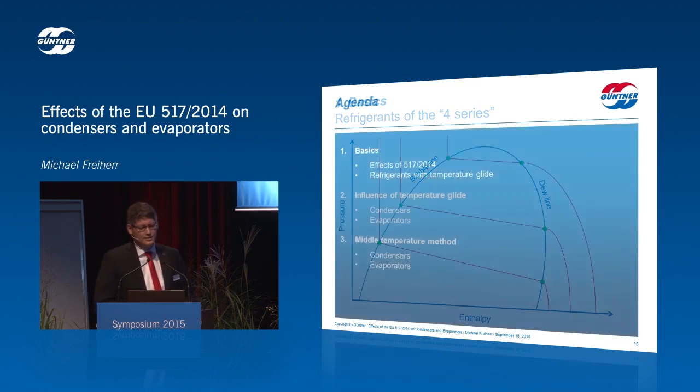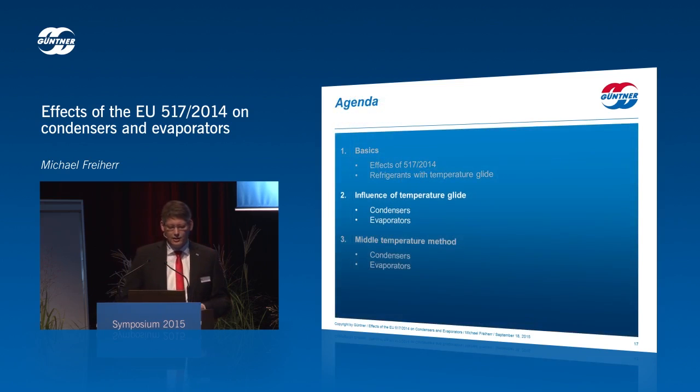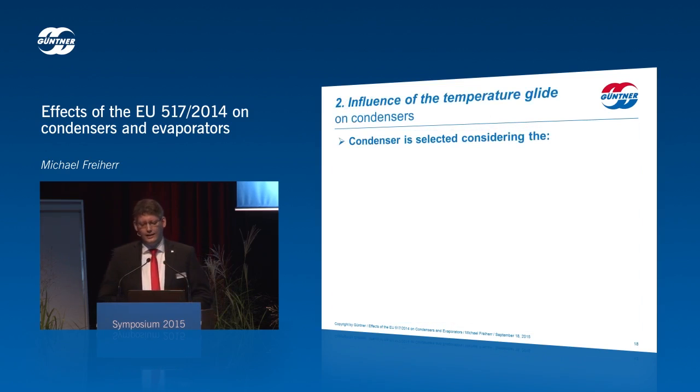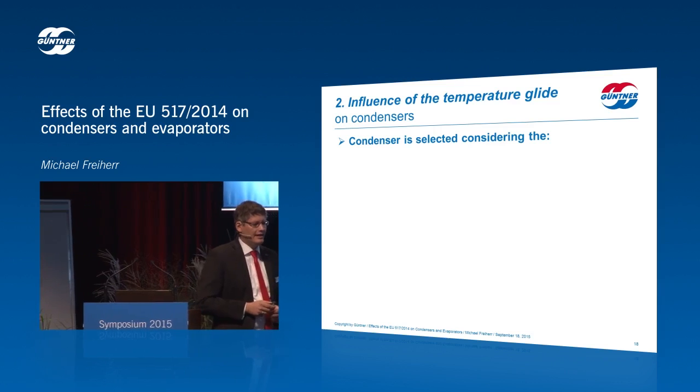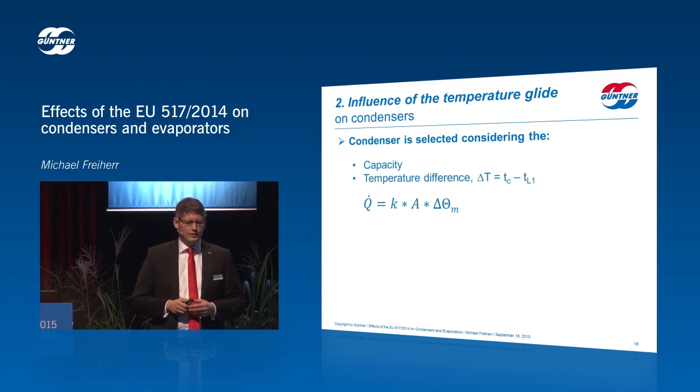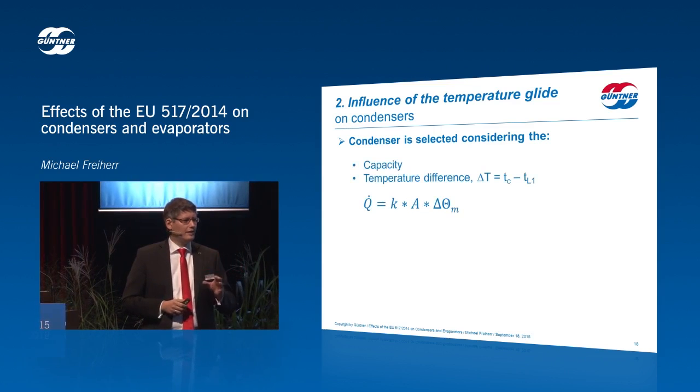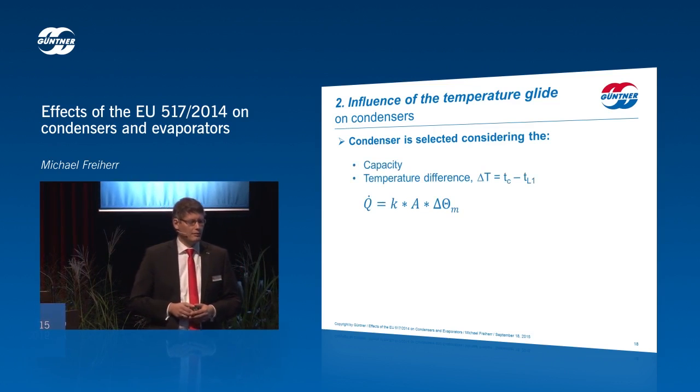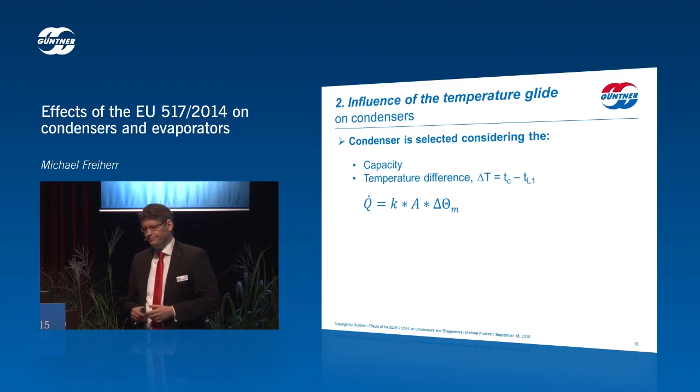But what is the actual influence or the effect of the temperature glide? What is the effect on condensers and evaporators? I'd like to start with the condensers. When you select a condenser, you usually consider different criteria, the noise level or the brand name of the manufacturer, for example. From a thermodynamic point, you also look at the temperature difference and the capacity. The temperature difference between the condensing temperature and air inlet temperature at the condenser inlet. This delta T,